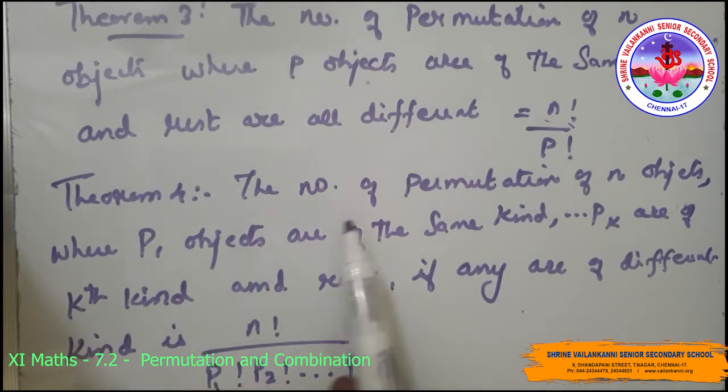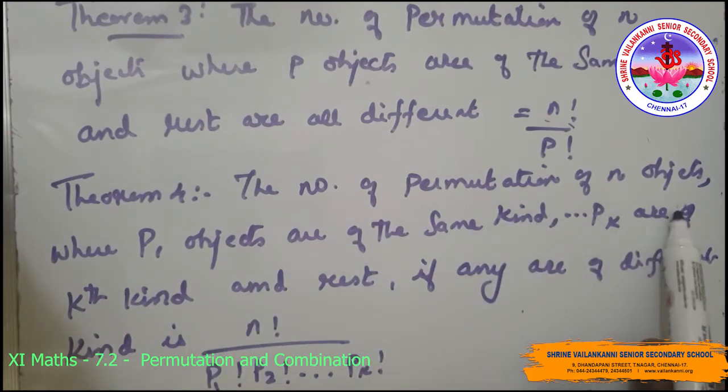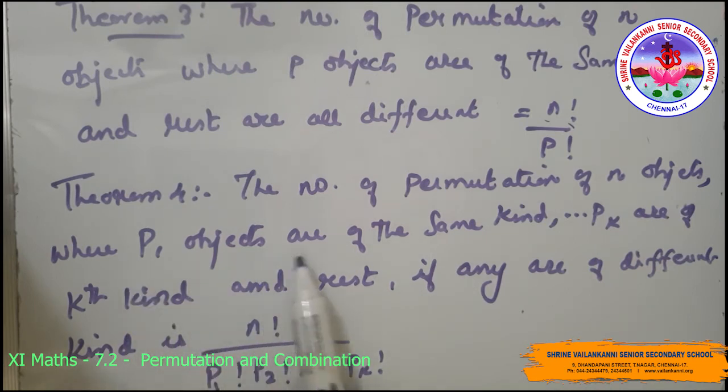Theorem 4: the number of permutations of n objects where p1 objects are of the same kind, p2 objects are of the same second kind, etc., pk are of the kth kind, and the rest, if any, are of different kind, which is n factorial by p1 factorial, p2 factorial, etc., pk factorial. For example,